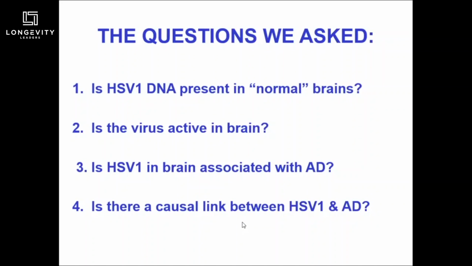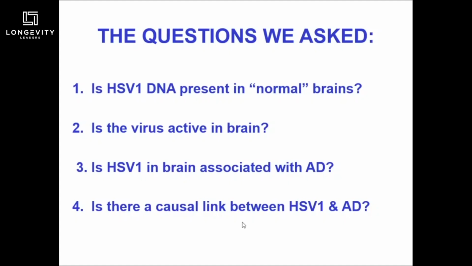And obviously, if it's present, it's much more likely to be an agent. If it's absent, it could possibly be an agent, but it's less likely. So we wanted to look. There had been a moderate amount of work in the 1980s looking for HSV1 DNA, but the hybridization methods used were relatively insensitive and could detect only something like, at best, one viral genome per cell or more, which is obviously a very high level of infection, a ridiculously high level. So we used PCR, which is vastly more sensitive, and that was the first study using PCR of infectious agents